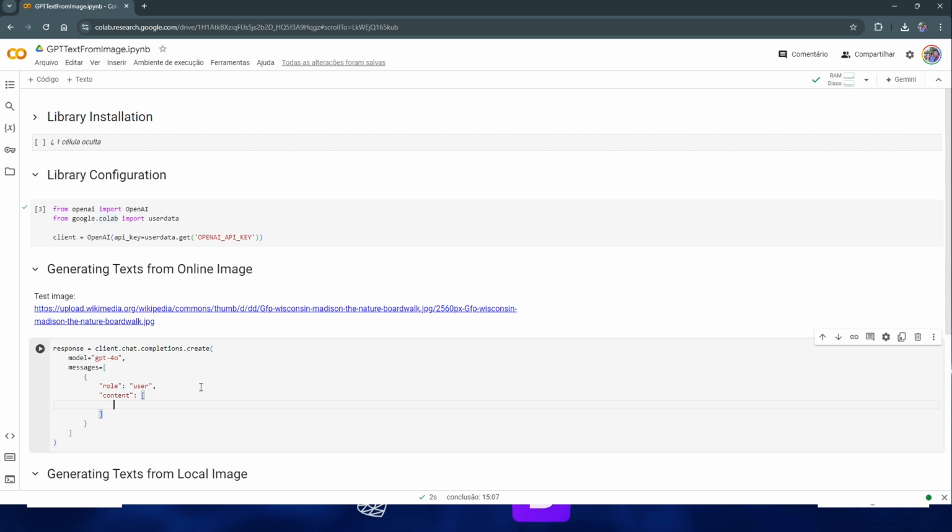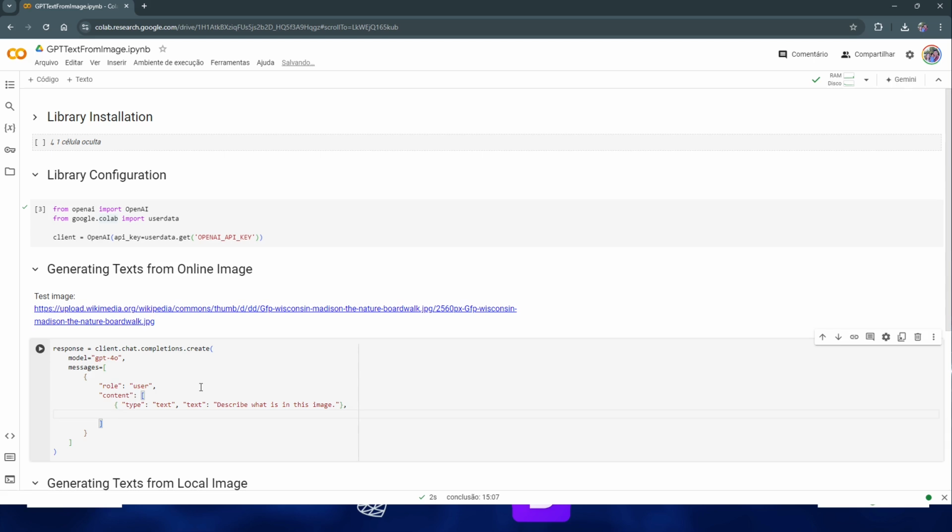For the prompt text, send type text with text describing what is in this image.